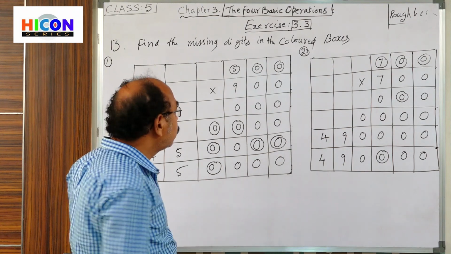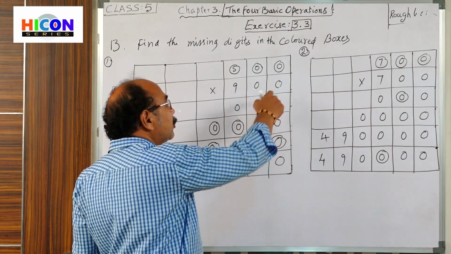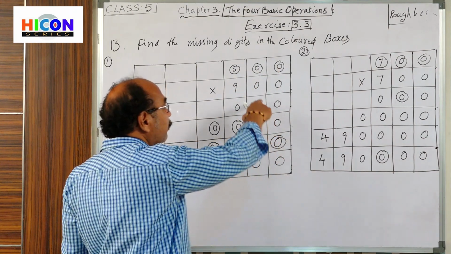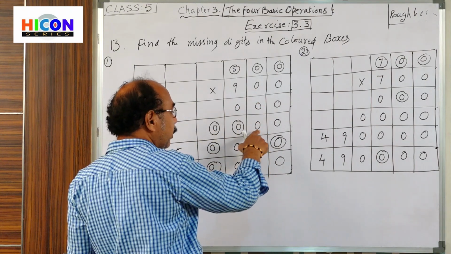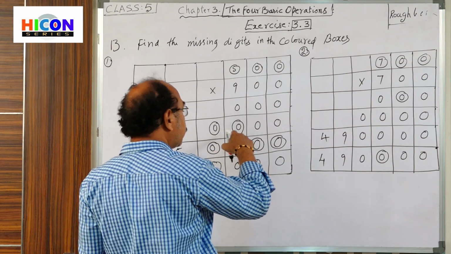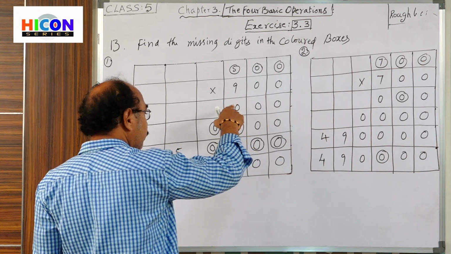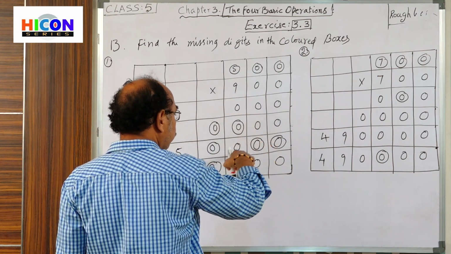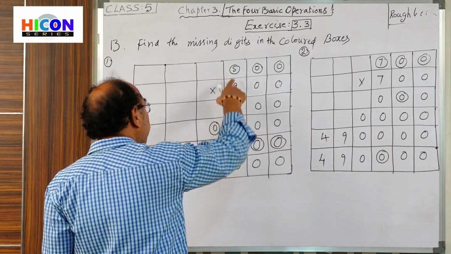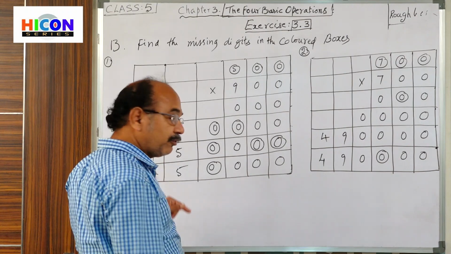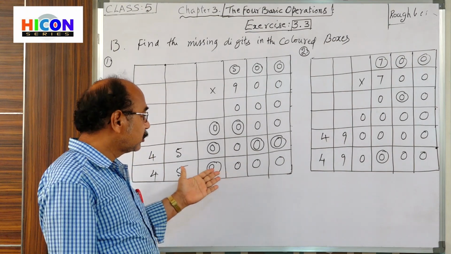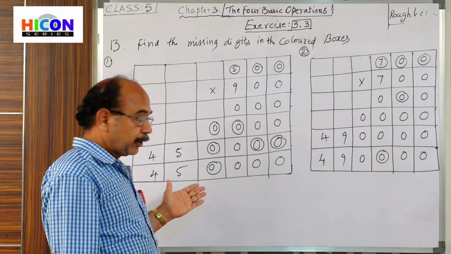If you multiply with the 0, what do we get? All zeros only will come. 0 into 0, 0, 0 into 0, 0, 0 into 5, 0. If you multiply with the 0, here also zeros only. With the second place digit, we start 0, 0, 0. Next, if you multiply with 9, then 9 zeros are 0, 9 zeros are 0, and 9 fives are 45. Like this, we write in the last row, we get the product.